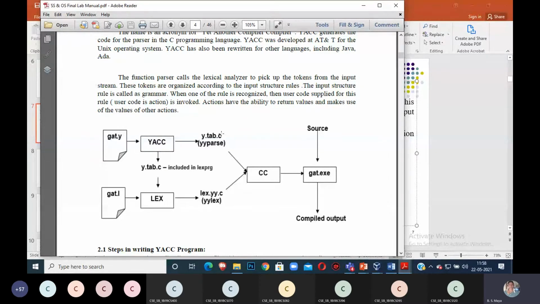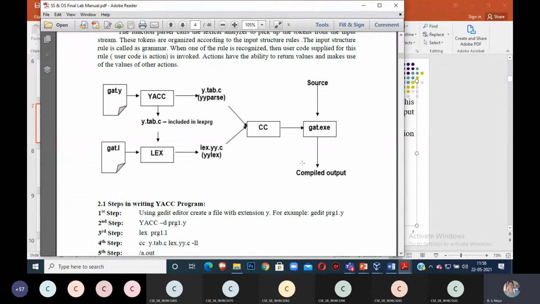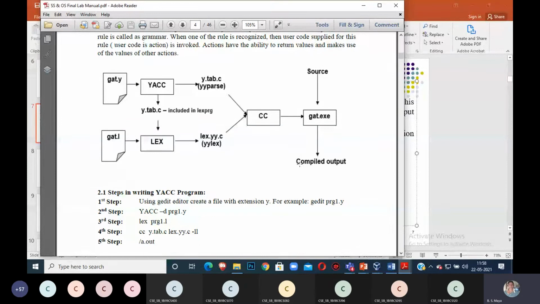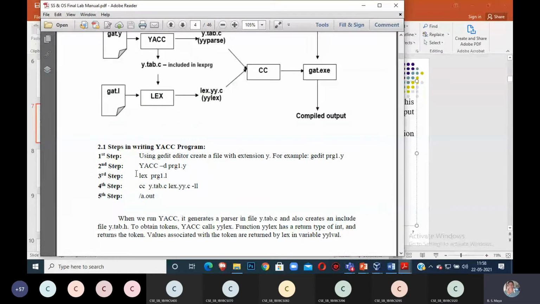See, all of you take note of this diagram. I will once again explain it so you can understand. This is your command. All of you take down the steps in editing your Yacc program for the compilation process. You start with the Lex program, gedit program.l, gedit program.y. You can create your file, gedit program1.y, creation of your Yacc program. Just write only the 4 lines.